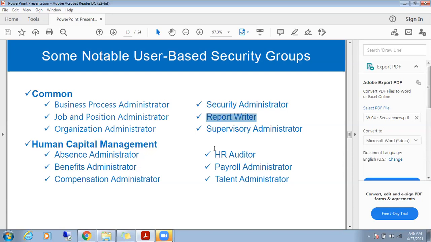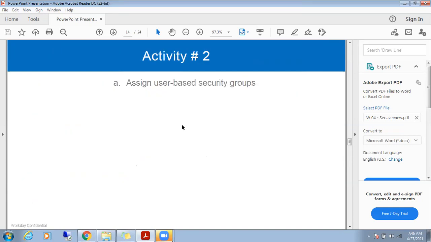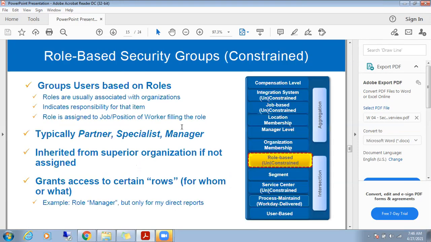If you come up with these, they will think that you work on this. We have seen the user-based security groups. We'll see security groups in the later sessions, not now. Now, see some role-based security groups.